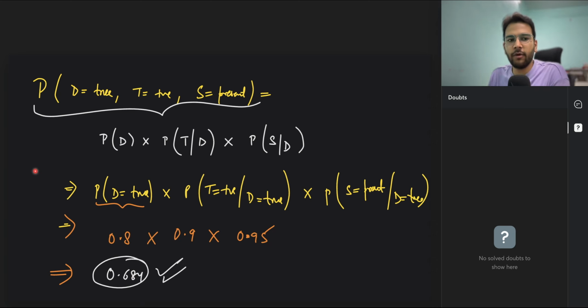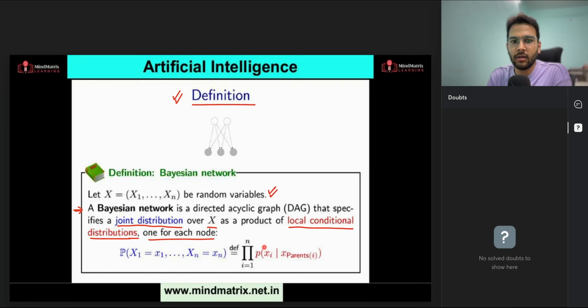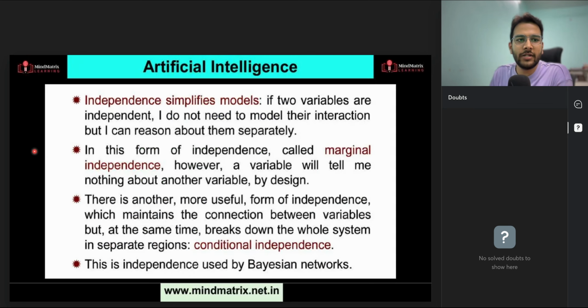Is this point clear to all of you? Is this concept clear to all of you? Any doubt, anyone? If you have understood this now, then you can assume that you know what is Bayesian network. You can solve questions based on this. Is this clear? Shall we proceed now? Just let me know once, everyone. Okay. Great. So the same thing is mentioned over here also. Fine. Now let's just give it a read. These statements are also important. We have already discussed, but let's give it a read.